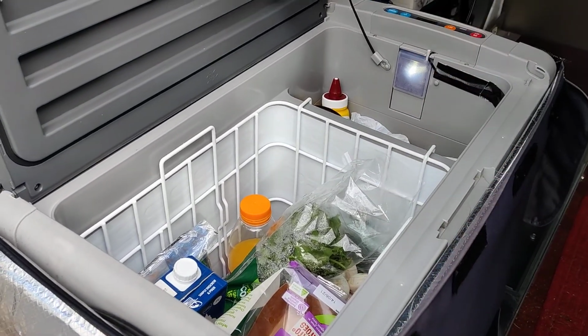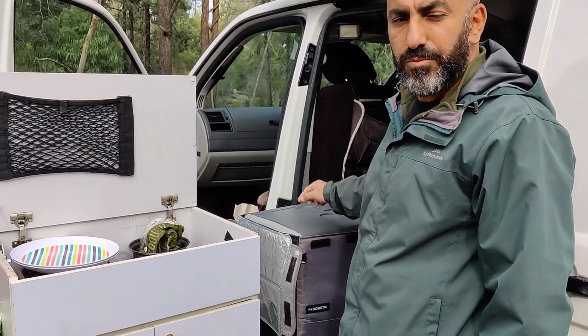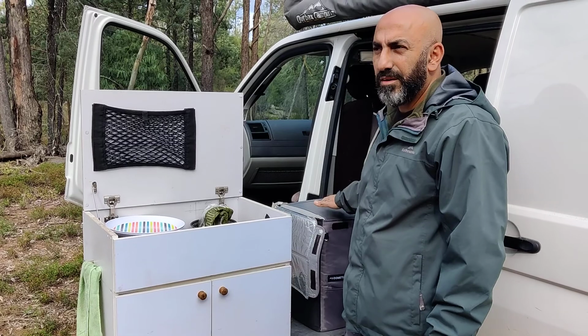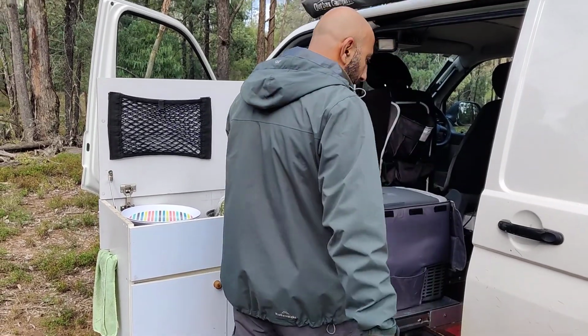We set it up to about 2-3 degrees. We had a problem with the fridge. We fixed it by putting another temperature gauge in there, and it's working fine now. And in this side,